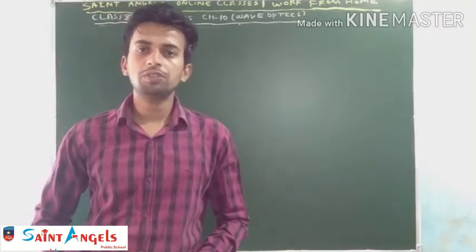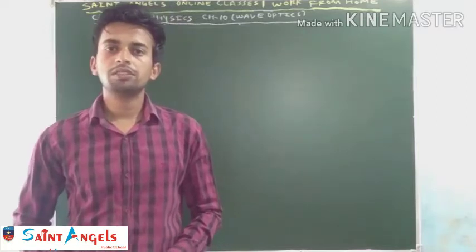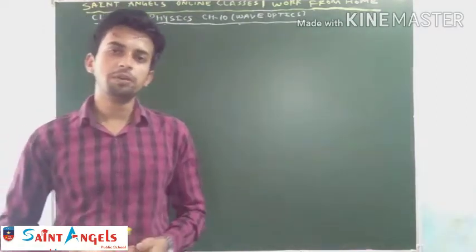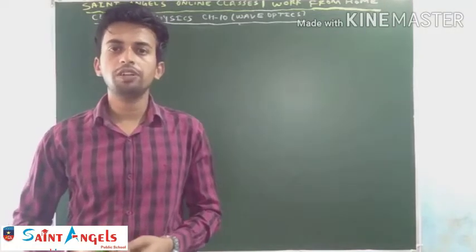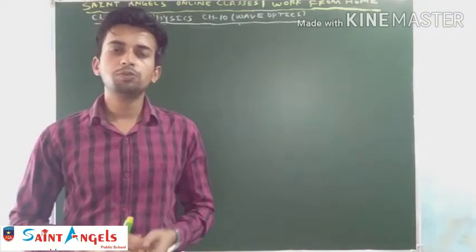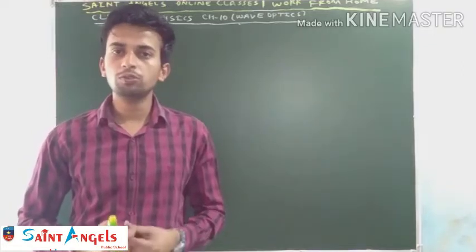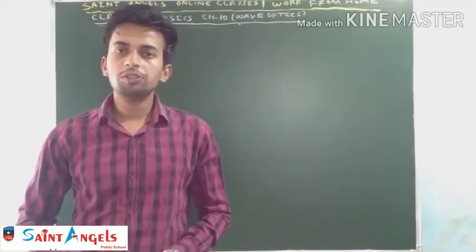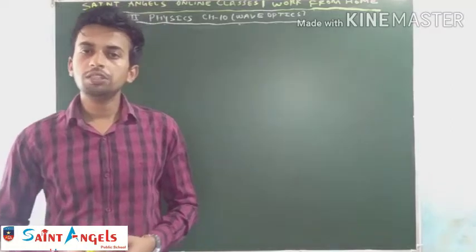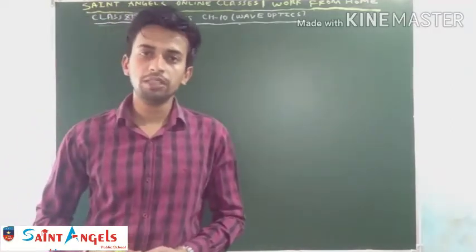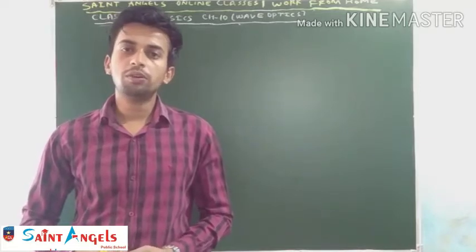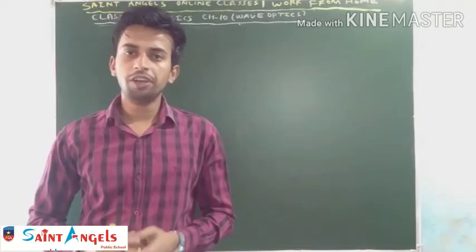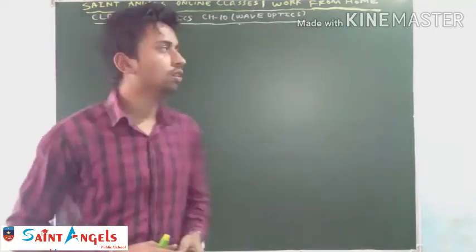Student, in the previous video we derived the expression for resulting intensity and resulting amplitude when two waves of same angular frequencies but different amplitude are superposed at any point by using the superposition theorem. In this video we derive the condition for maximum and minimum intensity. But before that, we will discuss the relationship between phase difference and path difference.